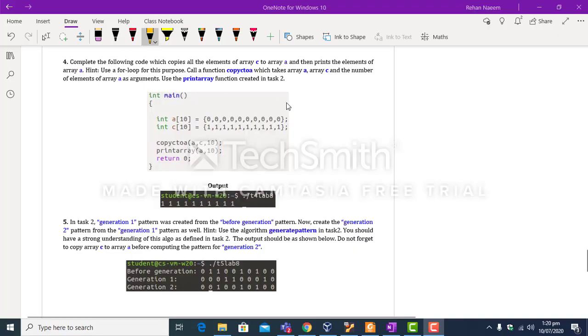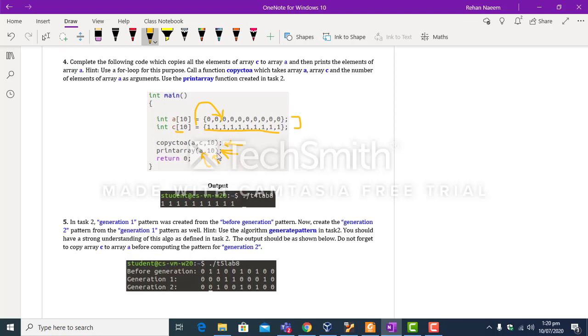Okay, in task number 4 two arrays are given. Array A having 10 elements, all are initialized to 0, and array C also having 10 elements, all initialized to 1. So you have to call a function copy C to A, whose job is to copy all the elements of array C into array A. After this function call, you have to call this function print array, and this print array function should take two arguments, array A and number of elements of array A, which is 10.